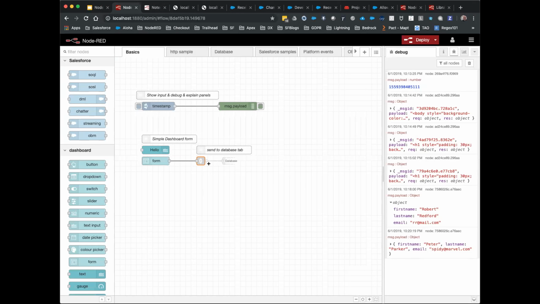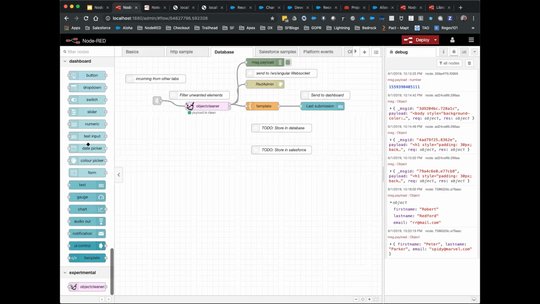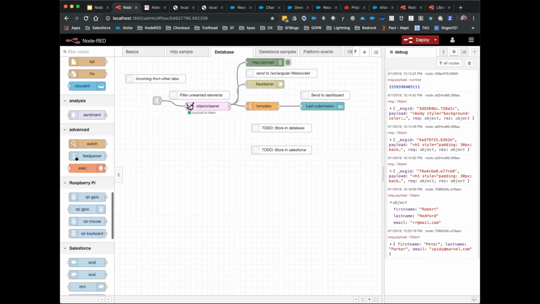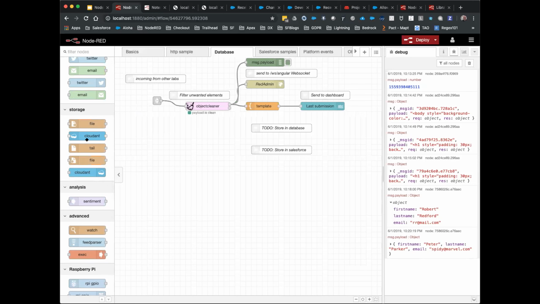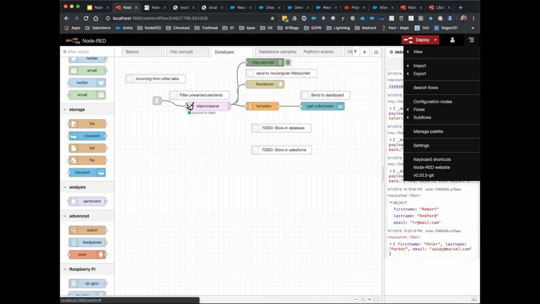So it all happens on the database tab. I already had this little remark that these white nodes are just comments documentation, and I want to go and save that to a database. I said, okay, fair enough. Let me see what database nodes I have there, and I only see storage, file, cloud, and tail. I would really love to have a Postgres database there. Very easy. I go to the menu, and I say